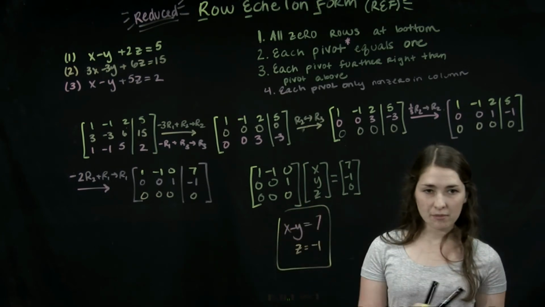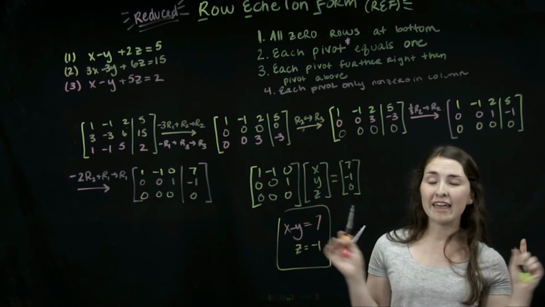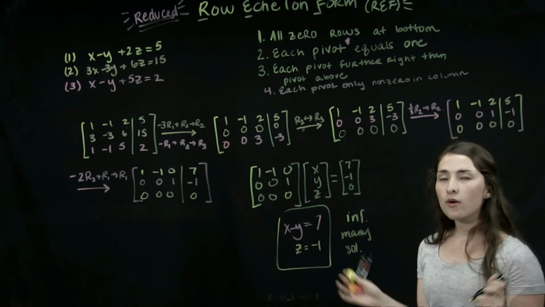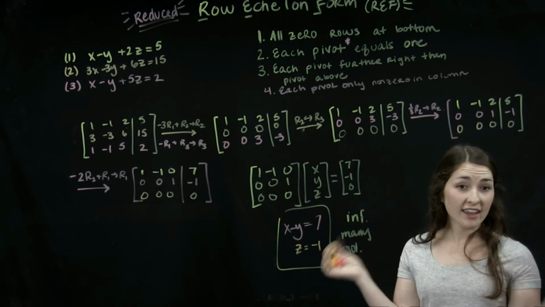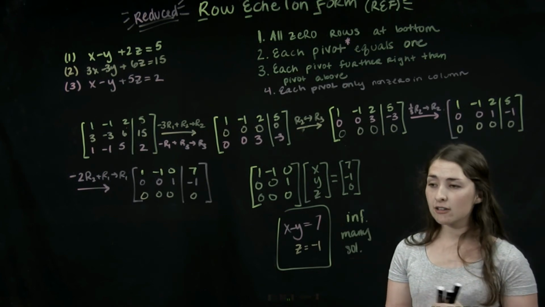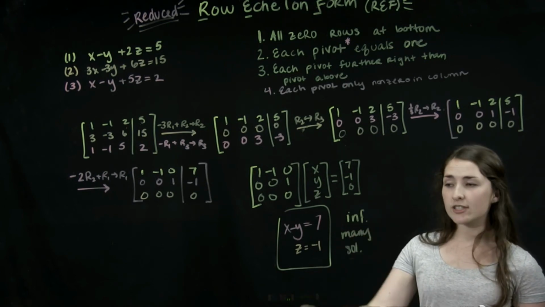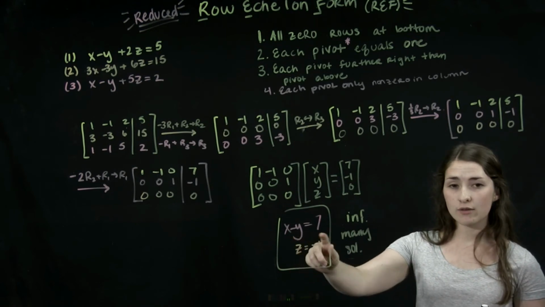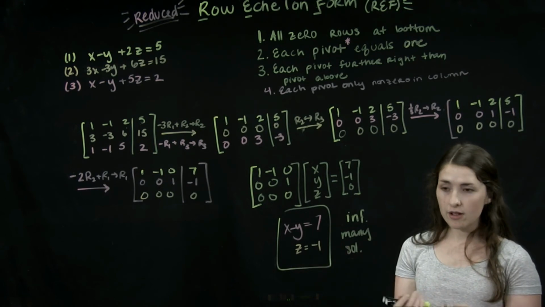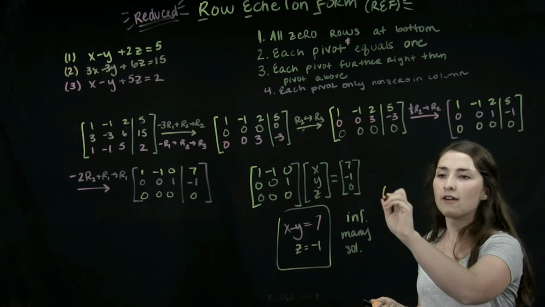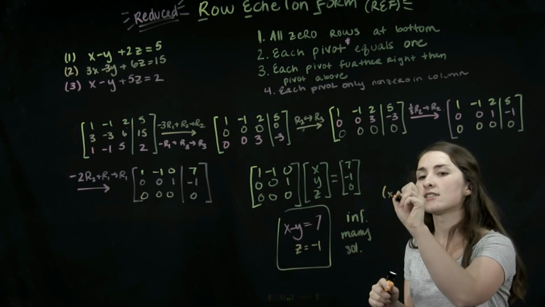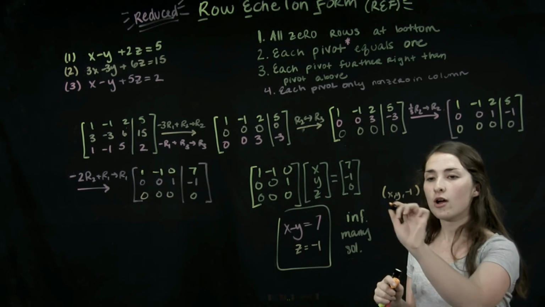What could this possibly mean? This means that we have infinitely many solutions. Okay, so does that mean that any number for x, y, and z will work? No. Actually, our solution is any point on the line x minus y equals 7 that's on the plane z equals -1. So basically our general solution to this is going to look like this: x, y, -1, where x and y